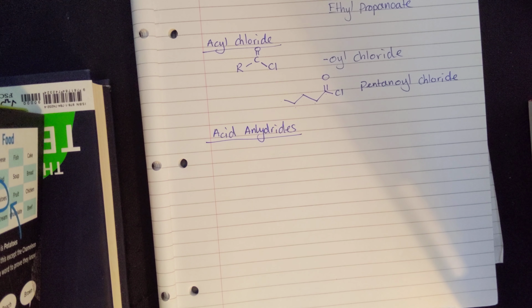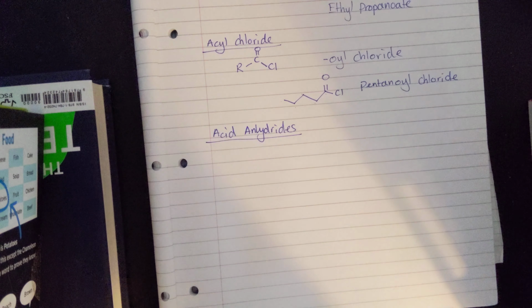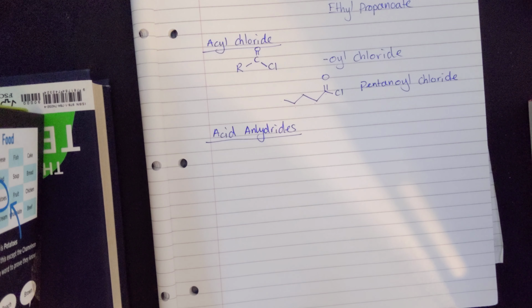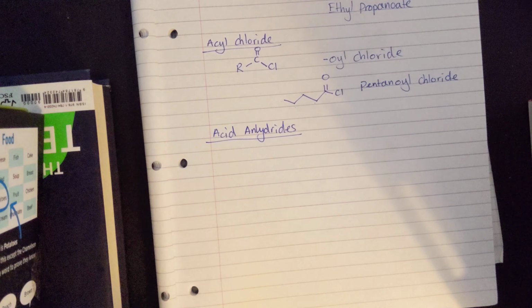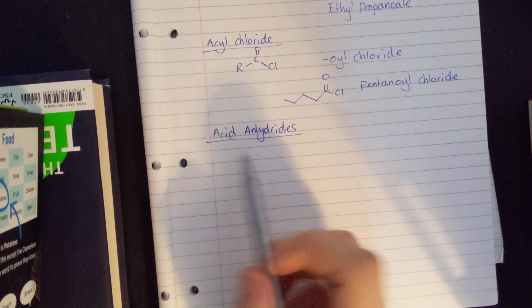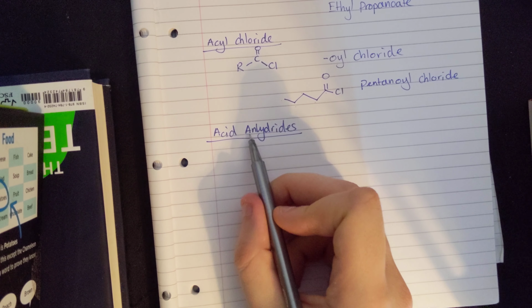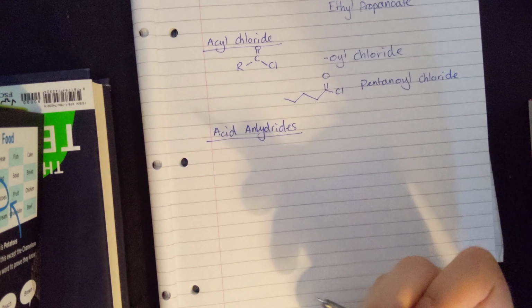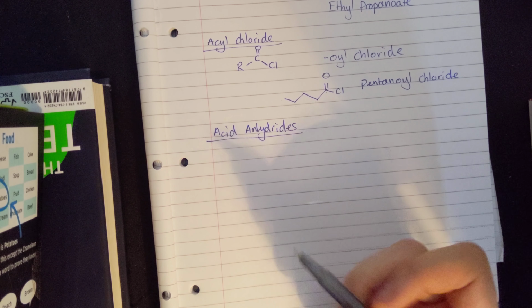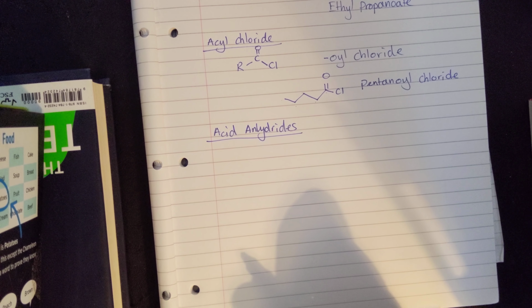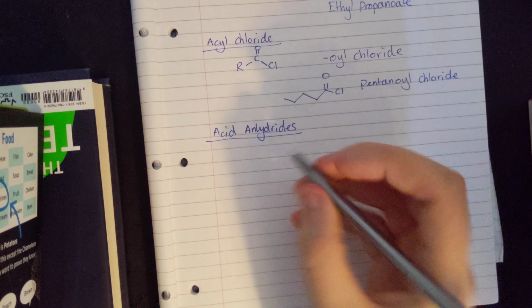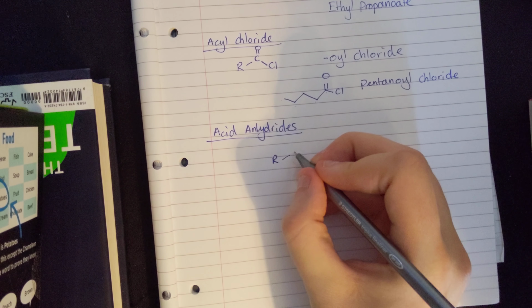Now the next new one we're coming across is an acid anhydride. These are also highly reactive, and they're used interchangeably with acyl chloride. So they're going to come up together an awful lot. They can both be used for the same function, but they have different niche uses. Now the acid anhydride, it's like we've had water removed from an acid, and in this case it's referring to a carboxylic acid. So acid anhydrides take the form